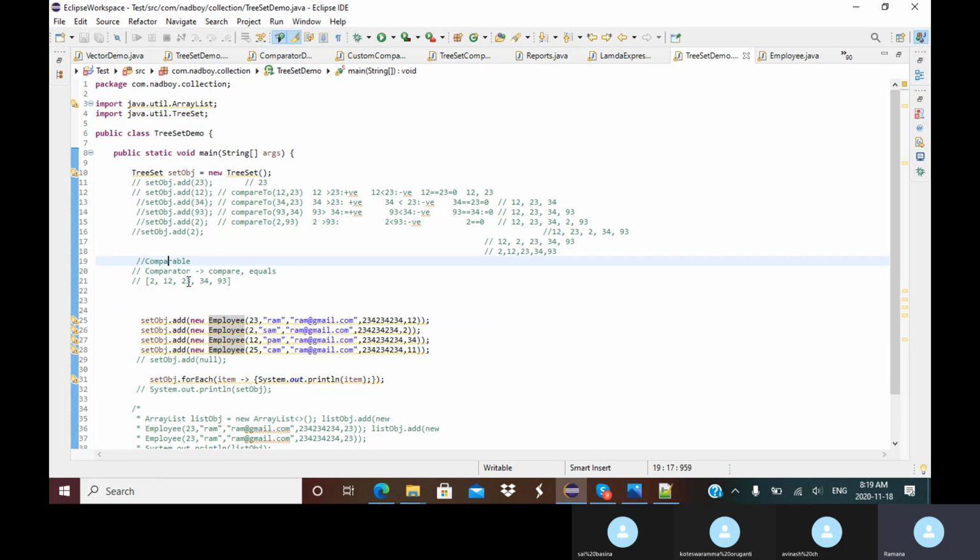Now with the comparator. Comparator is also doing the same thing that comparable is doing, but when we will use the comparator